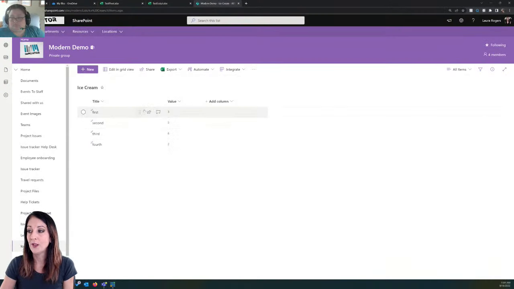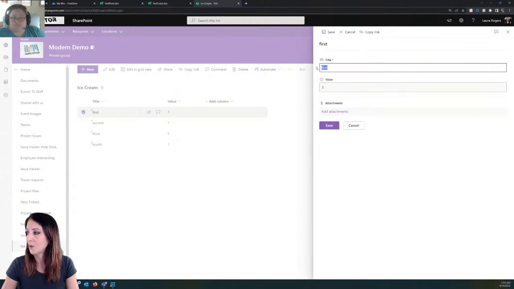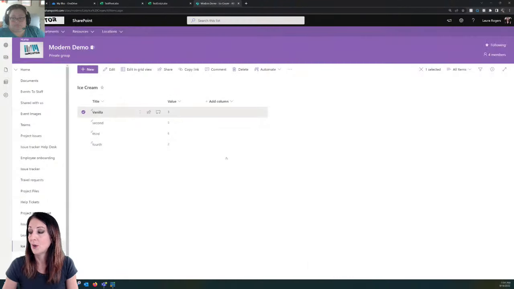So I've got a SharePoint list, I just called it ice cream. So these could be your ice cream flavors. I don't know why I called them first, second, third, fourth, but let's say vanilla. Then it's just a number. So again, I'm starting out very simple, just wanting to create a chart of this data with these numbers in this column. So I'm going to go to my flow